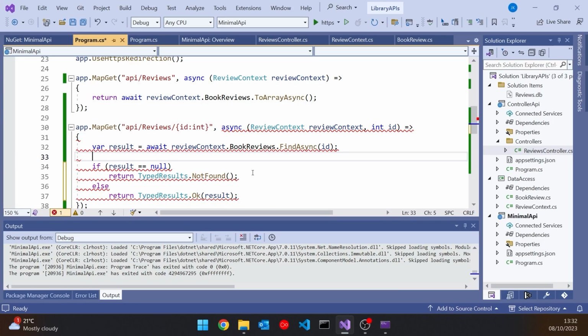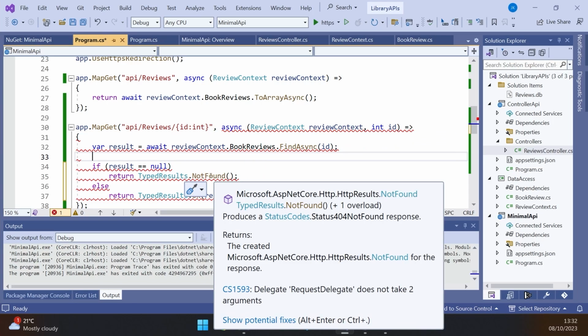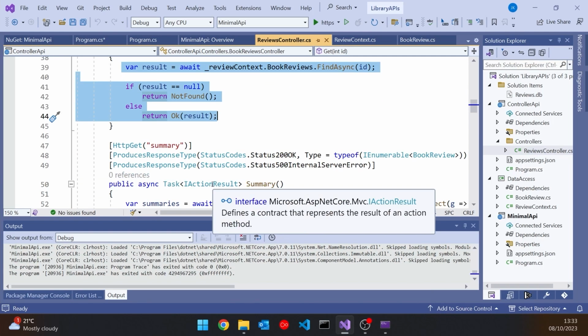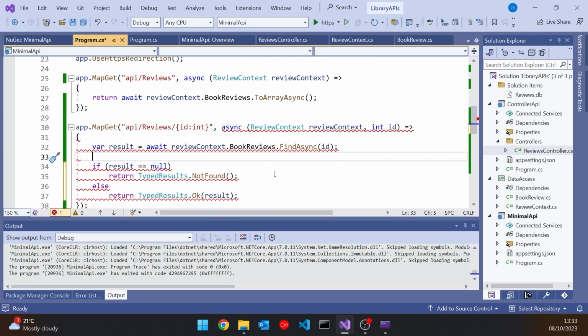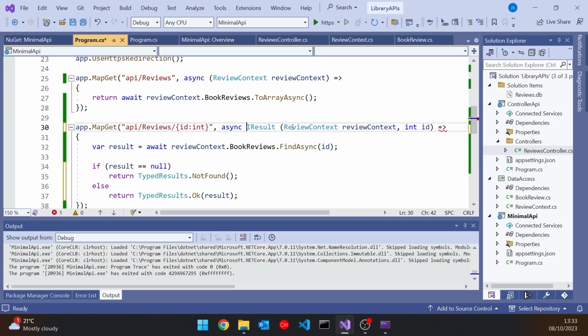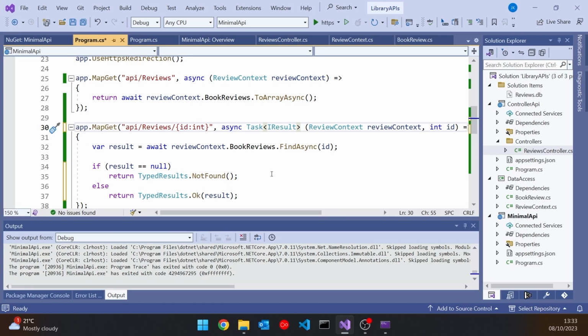And so we've got to explicitly put the type in there, and the common base class for all these things that we get back. In the case of a controller, it's something like IActionResult, but the term action is entirely related to controllers, so we actually just have this thing called IResult. And then of course we've got to remember this is async, so it's actually going to be a Task<IResult>. But by putting that in there, you can see it's now happy with having the two alternative return types because they're both based on that IResult.